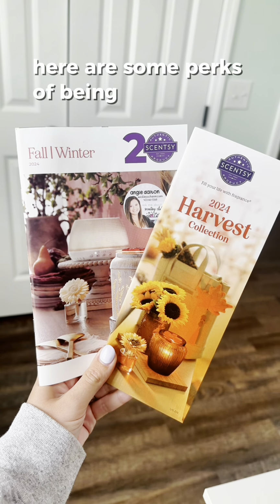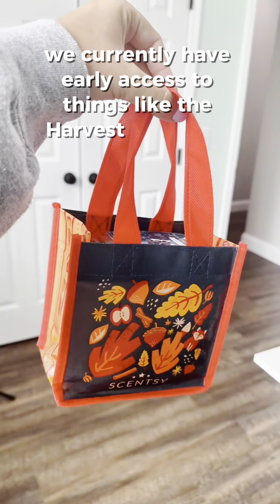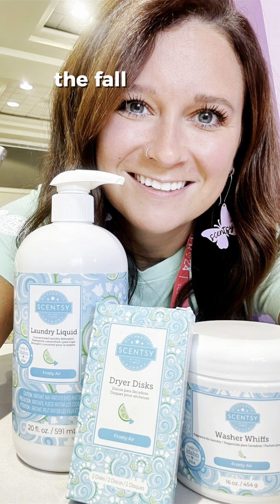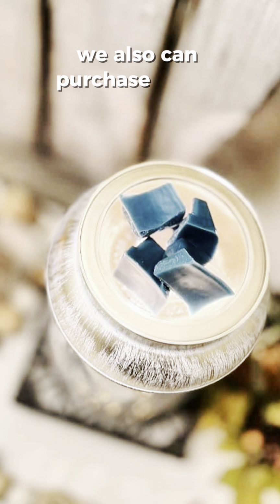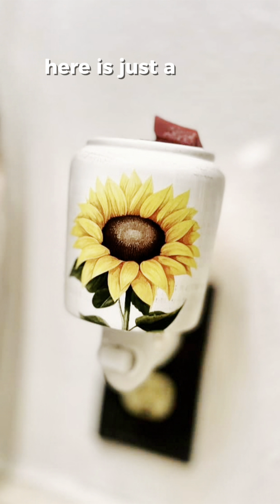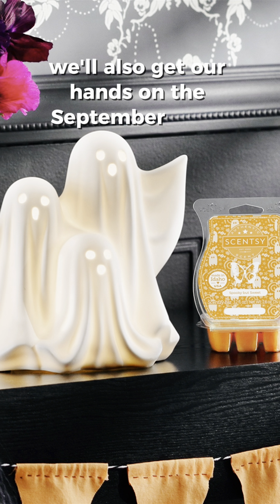Here are some perks of being a Scentsy consultant in the month of August. We currently have early access to things like the Harvest Collection, the 10 fall and winter new releases, the fall and winter laundry collection with the fall and winter clean collection, and the fall and winter body collection. We also can purchase a new warmer and tabletop fan bundle. Here is just a little sneak peek of what is to come. We'll also get our hands on the September Scent and Warmer of the Month